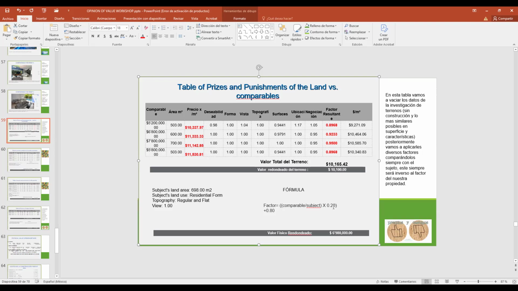And then we're going to add 0.80, and the result is 0.9441. Don't worry about the format, the formula comes with it. I'm just teaching you. This formula you can use anywhere. This formula is magical.